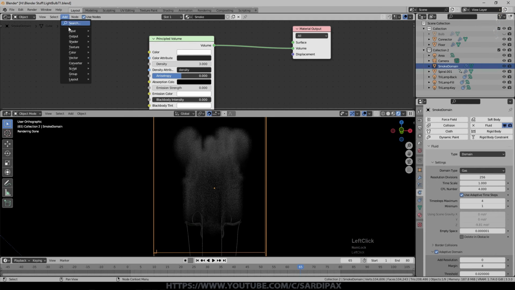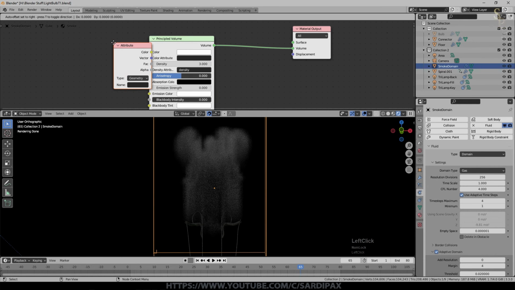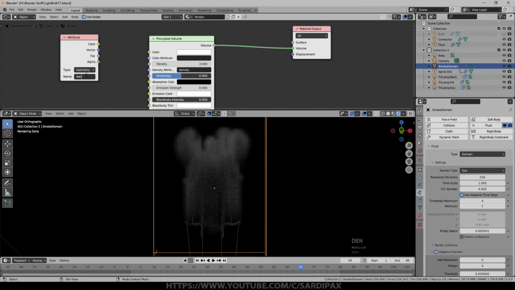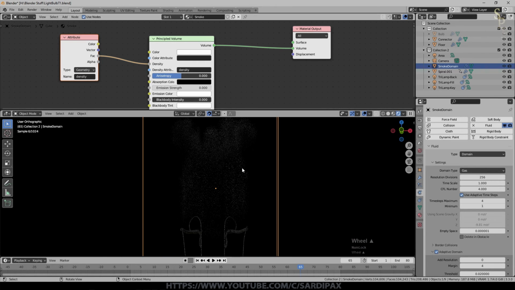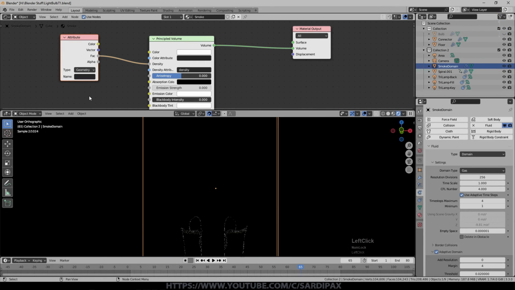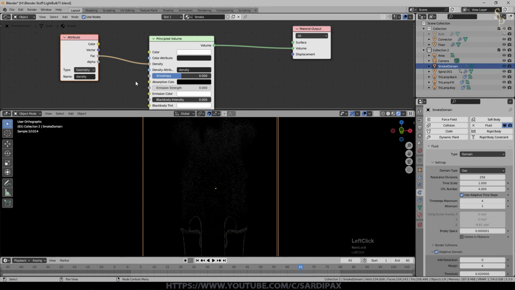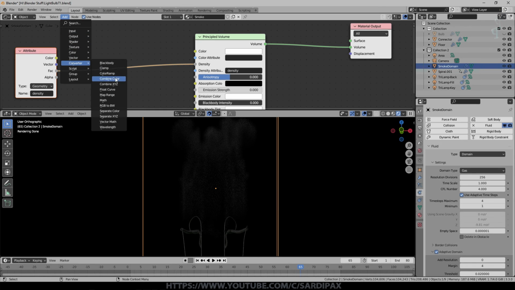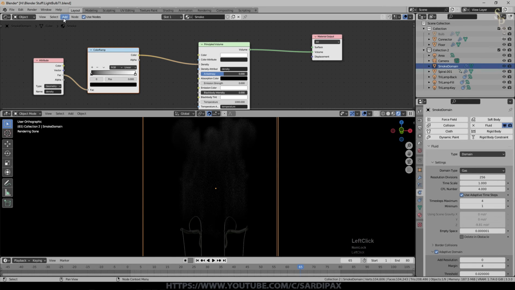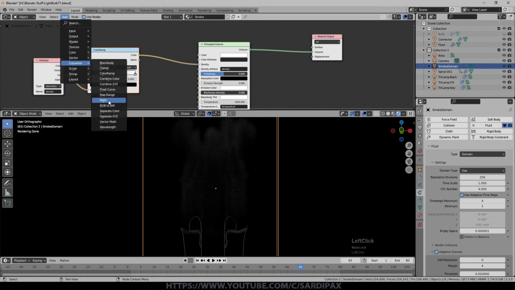What you can do is add an input, which is an attribute, and just type in there, all lowercase, density, and then we can take the color or factor out of there and just put that into density. It's slightly lower level, but nevertheless it's still there. If I didn't have density in there, you see we don't get anything, so it's just transferred that density value over to here. And now what I can do is add a converter, which is a color ramp, and also under converters a math node.